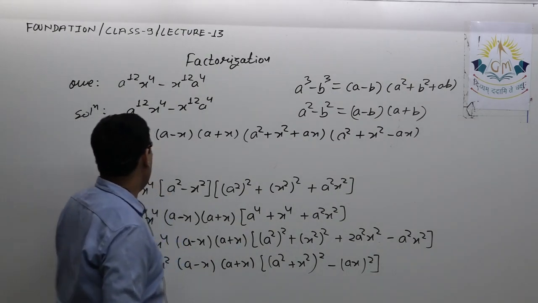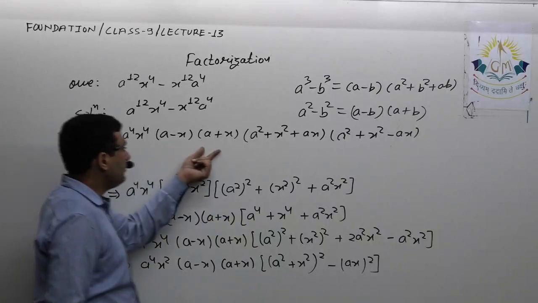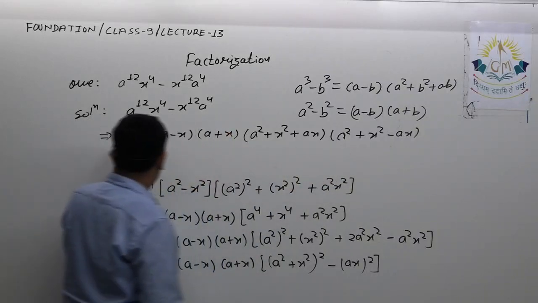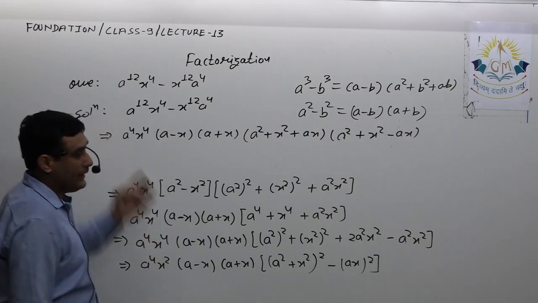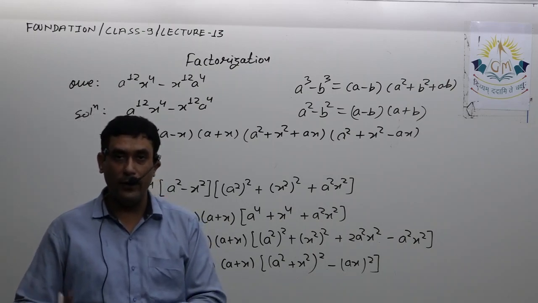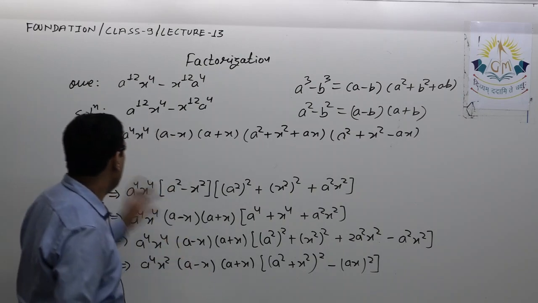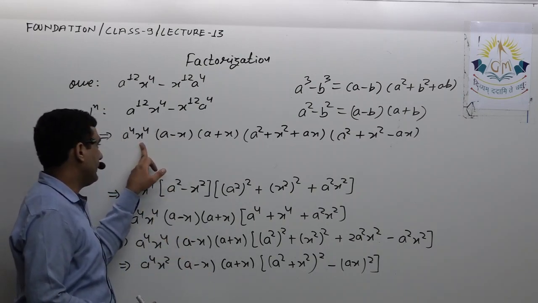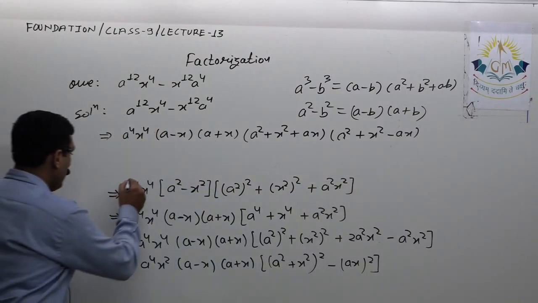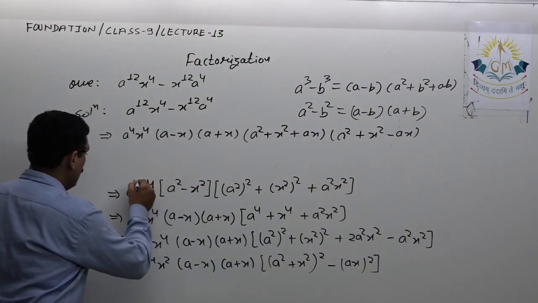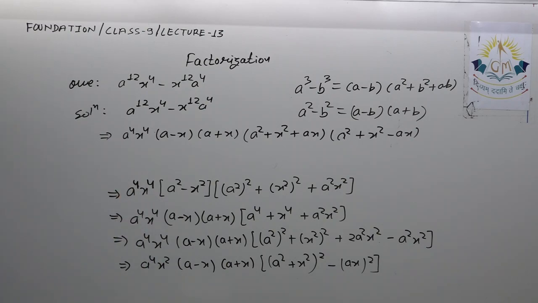So I can say, how many factors does this have: 1, 2, 3, 4 and 4 and 4. That means it has 12 factors. Definitely a raised to 4, that is a into a into a into a, so we'll count it as different. So 4 factors these, 4 factors these, and these 4. Okay, so please note it down. Then we'll see the next question.